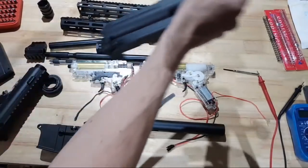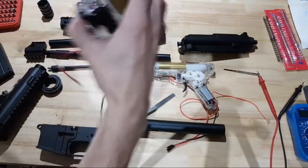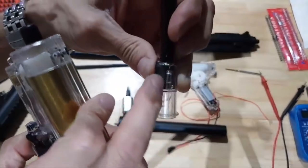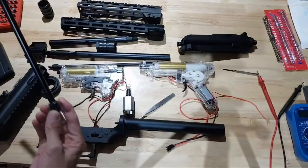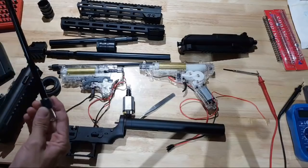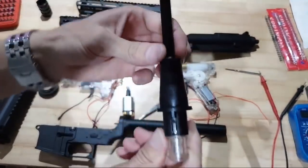Alright, so there's your T-piece. Like I said, it does look a lot like the Gen 8 T-piece, but don't be fooled, it's not the same. It does have a little flange here, which interfaces perfectly with the front of that gearbox. And then you've got these tabs, top and bottom, that allow it to seat into either the standard plastic adapter like that,